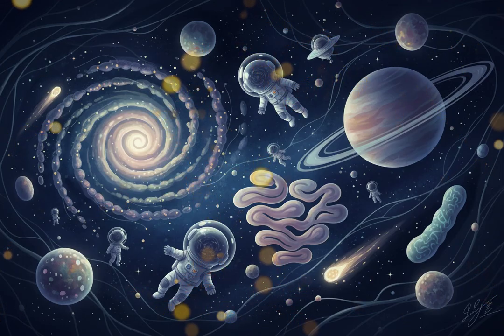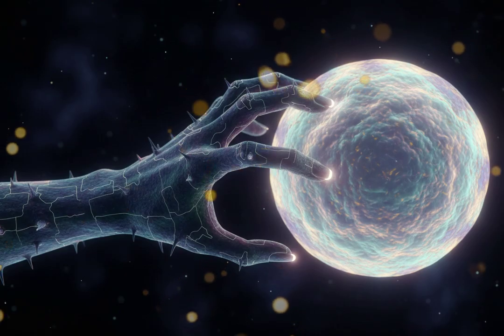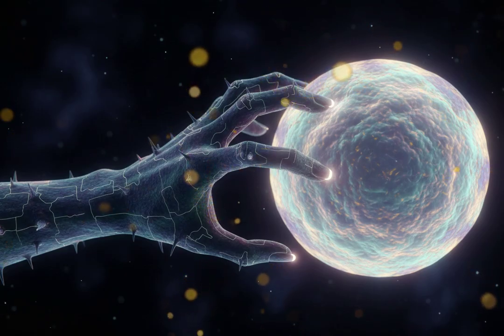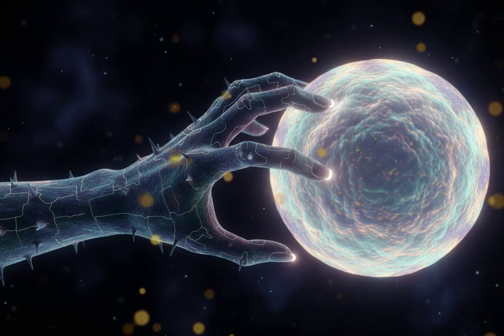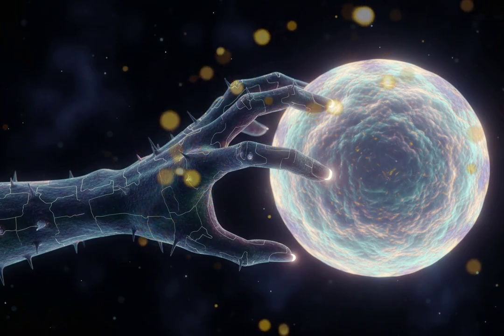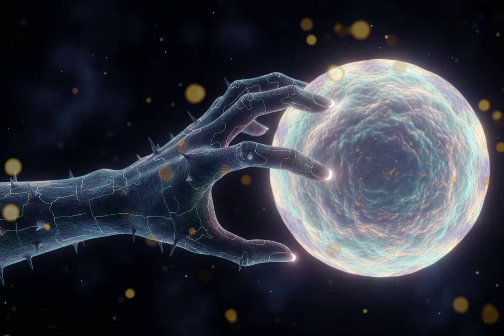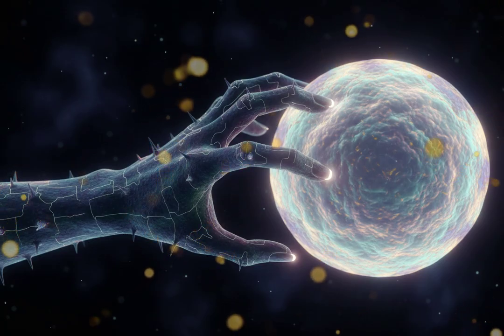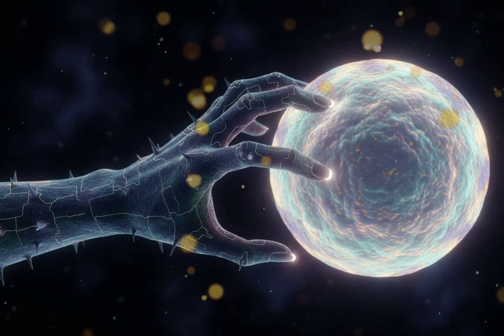What happens to the host cells as they become embroiled in this viral takeover? The consequences can be dire. When the cellular functions are overwhelmed, it can lead to cell death, a phenomenon that plays a critical role in viral pathogenesis. For instance, some viruses induce apoptosis, a programmed cell death process that serves as a defense mechanism against infection. This is like a soldier sacrificing themselves for the greater good, ensuring that the virus does not have the